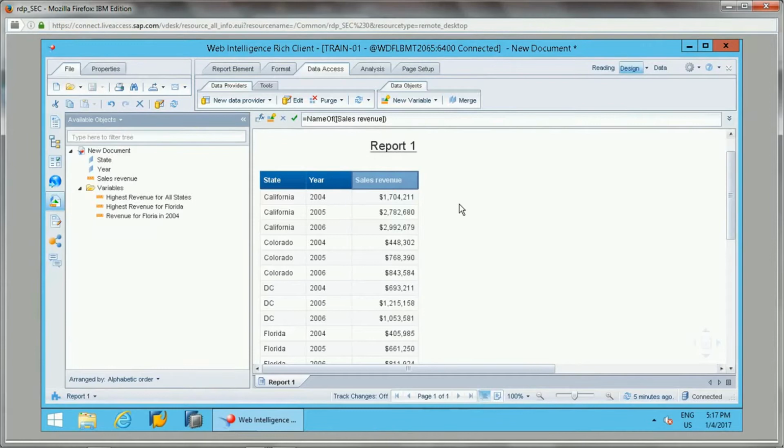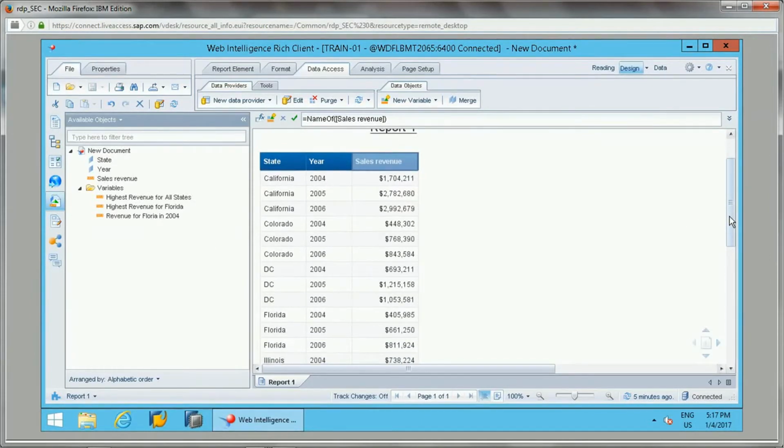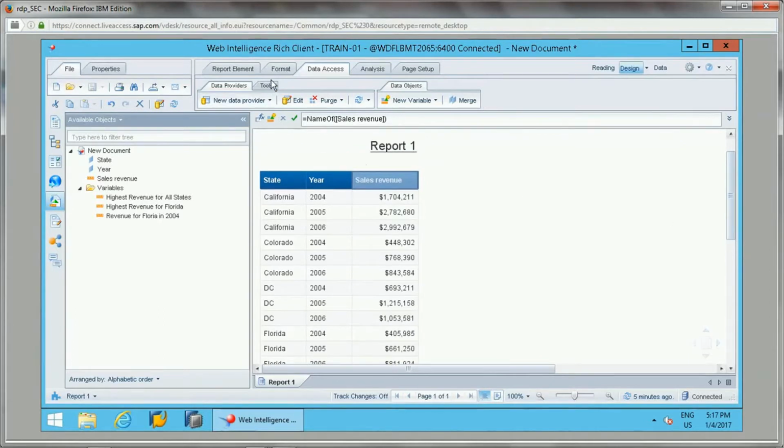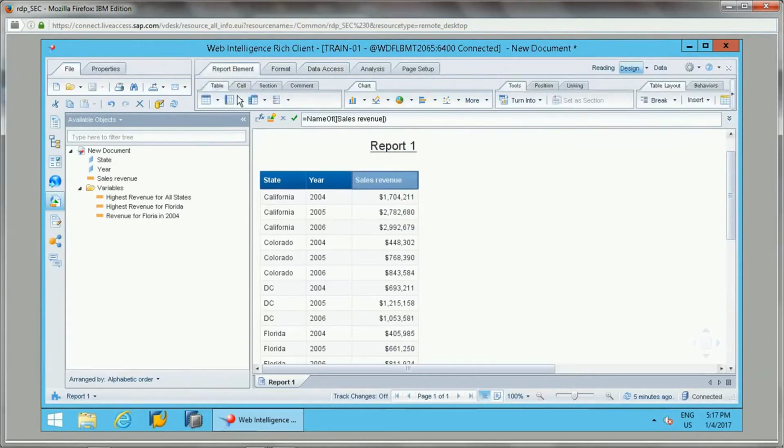So these are the three variables I have created, showing how we can use the Where operator and In as well. Let me add one more table here, a horizontal table, just to show how the results look.